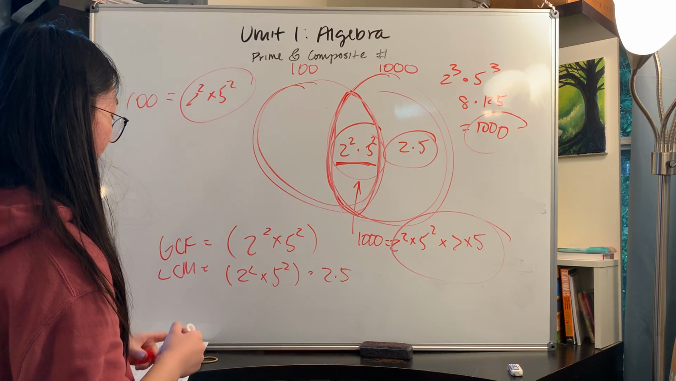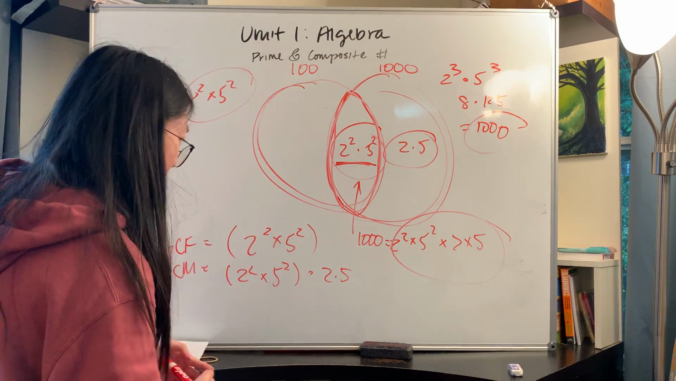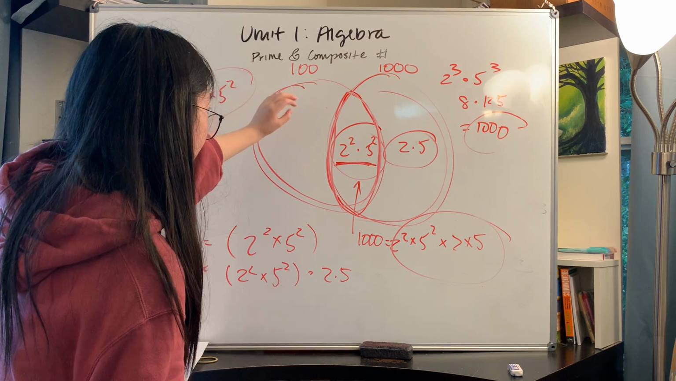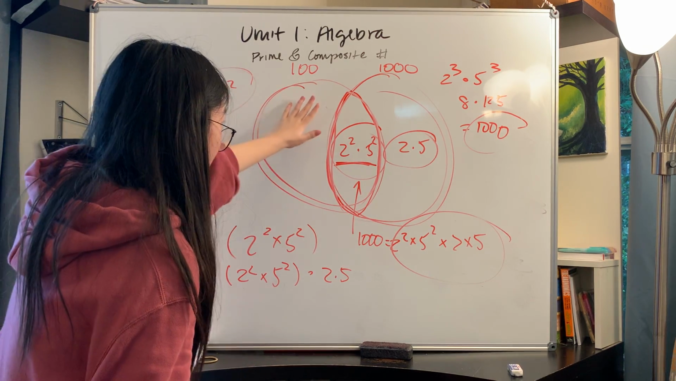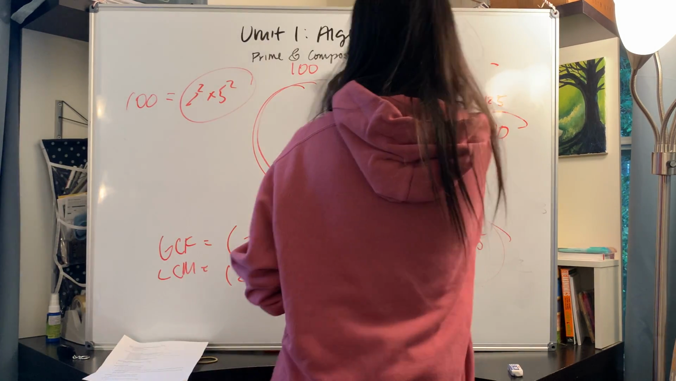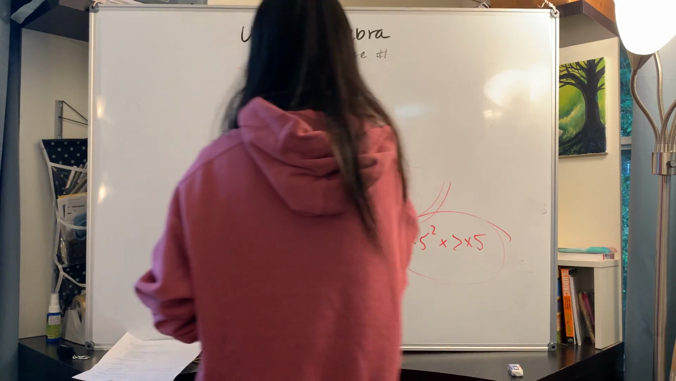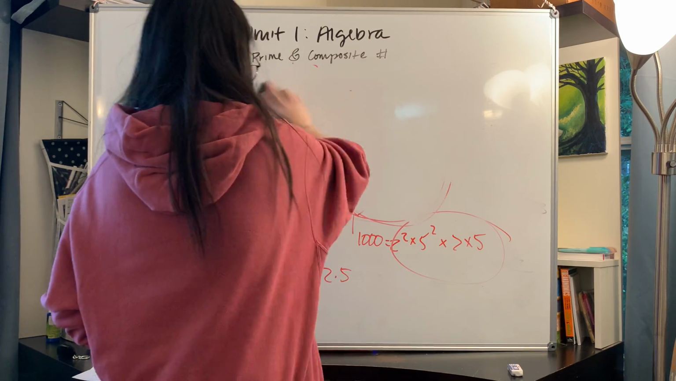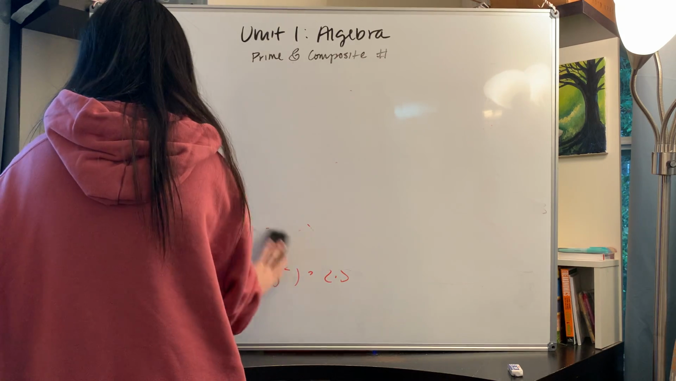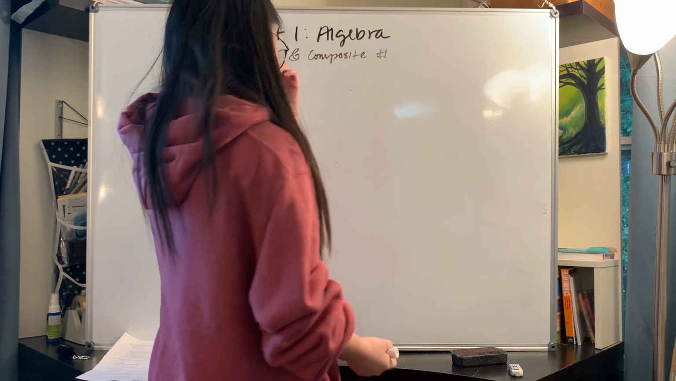And I think 100 and 1,000 might not be the best example for this problem, because 100 doesn't have any unique factors in this space right here. So I'll do an example with another set of numbers in order to make sure you understand that when you multiply the greatest common factor and the least common multiple, you get the product of the two numbers that you're taking the greatest common factor and least common multiple of. So let's say you have a number like